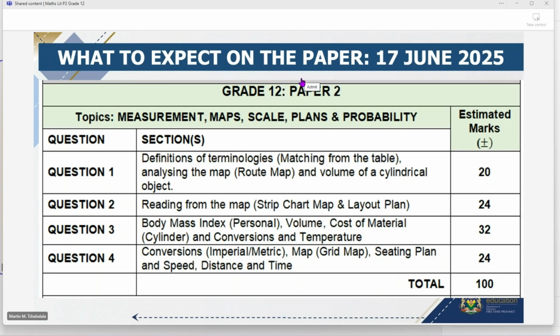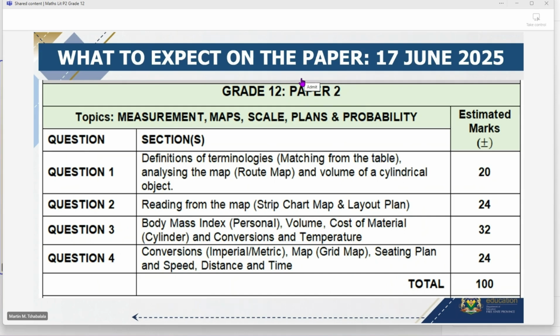But the imperial units will be given to you. What are the imperial units? An example? Yes, you are right. The tons, the yards, the inches, whatever, that will be given. It will say to you 1 inch is equal to 2.54 centimeters. Just making an example. 1 ton is equal to 1,000 kilograms. Those ones will be given, and there will be a question based on that. But the metric ones must be in your head. You must be able to recall them as you are writing on Tuesday.